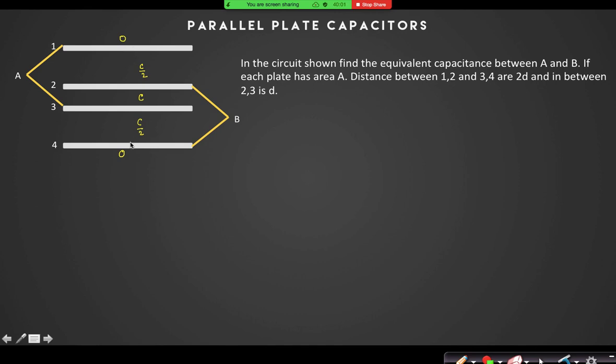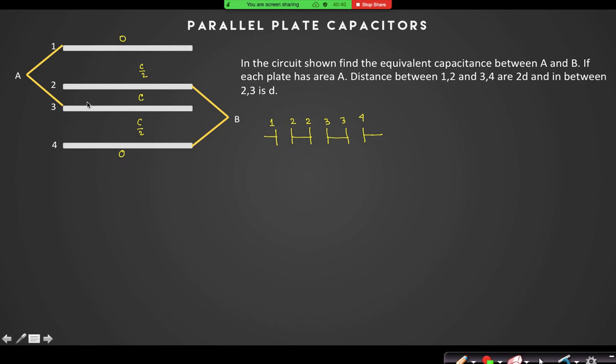the extreme ones, right? So for the extreme plates, I will represent them only by a single line. For all the other plates, I will represent them by double line, connected. Why connected? Because they are part of a same conductor, right? So this is conductor 1, this is conductor 2, this is also conductor 2, this is conductor 3, this is also conductor 3, and if this is conductor 4, I have already taken one part of the conductor 4 because the other has 0 charge, so I don't have to take the other one.